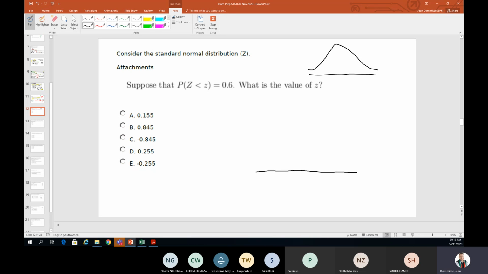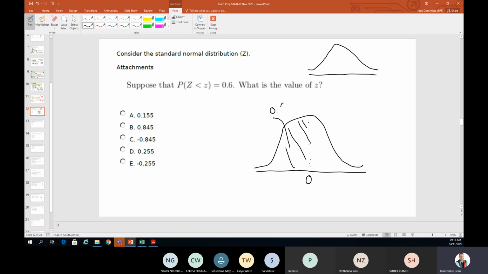I'll delete that one. Imagine that was a normal distribution, where Z is 0, and one side is 0.5 and the other side is